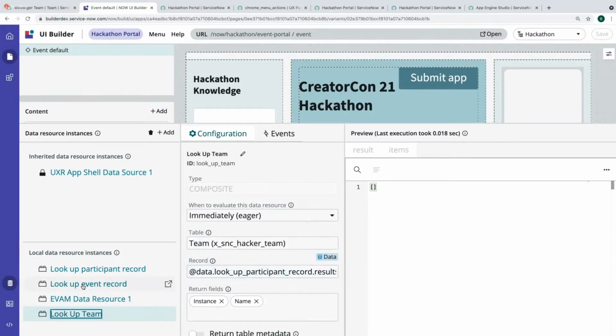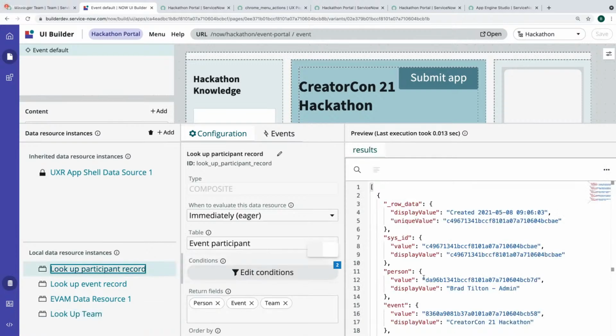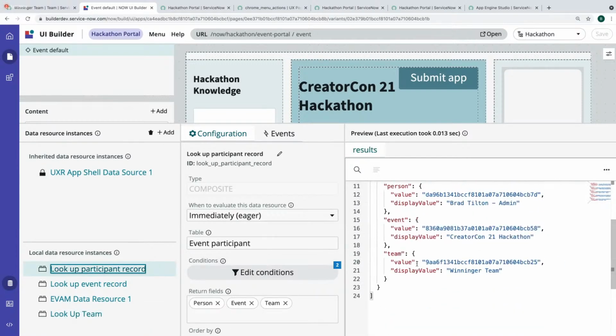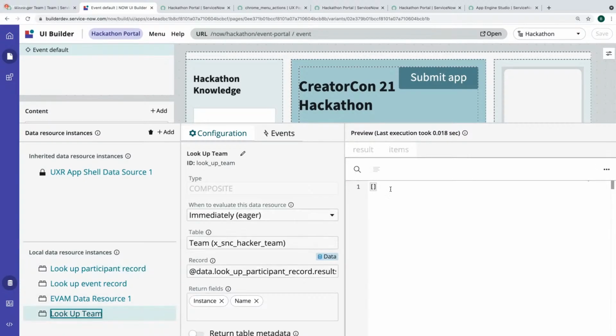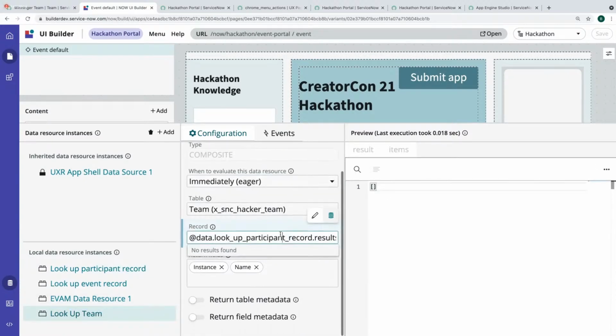Well, let's make sure, did we get a team name? Team. It does have a value here. It does have a value and a team name even. Do we think there's some race conditions? No results found. What just happened?